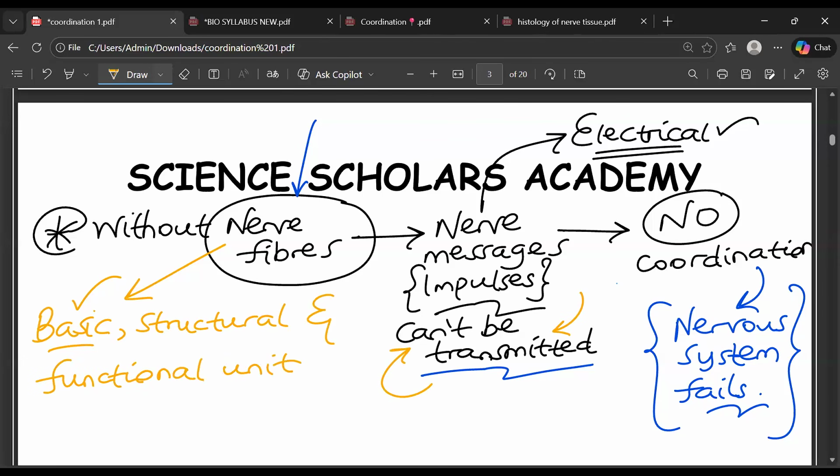And functional unit of the nervous system. Without it, the nervous system fails, as you realized. And it fails both in terms of structure and function. Then the other thing you're not supposed to forget